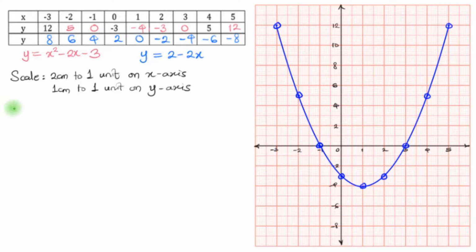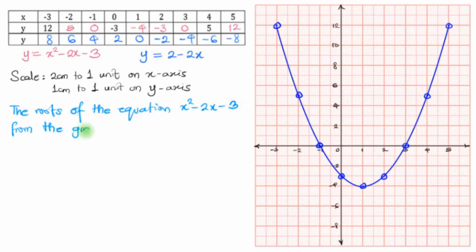So from the question, the root of the quadratic equation x squared minus 2x minus 3, from the graph, you can see here, it is the point where the quadratic curve cuts the x-axis, and here it is -1 and 3. And actually, if you know how to read your table very well, you can see on the table